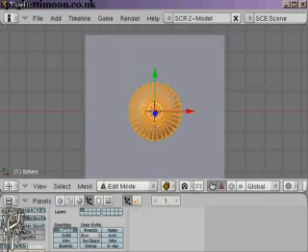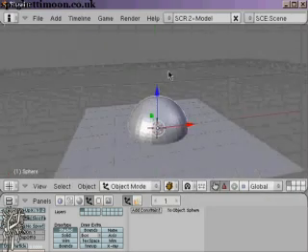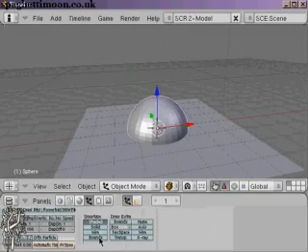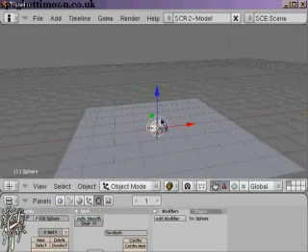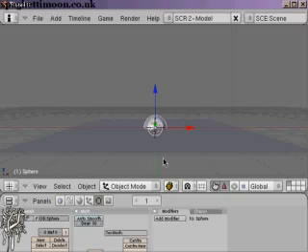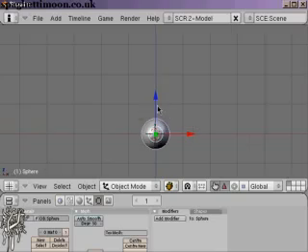It's not important really how many segments. We're not doing any editing to it. Might as well set smooth to make it a bit nicer. There we go. We'll scale that down a bit. And when you're in orthographic mode, it's very useful, so you can line up